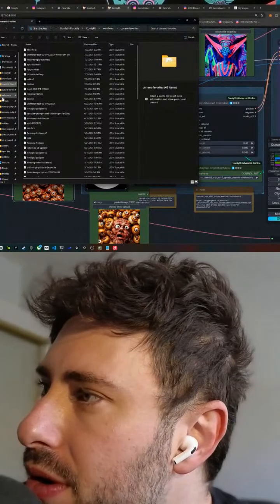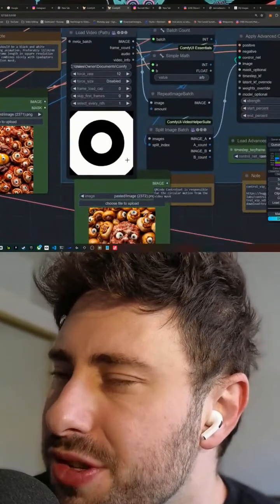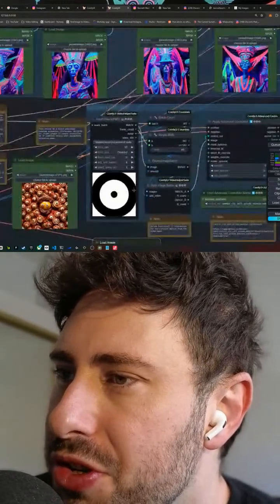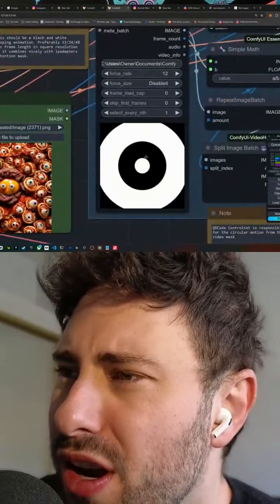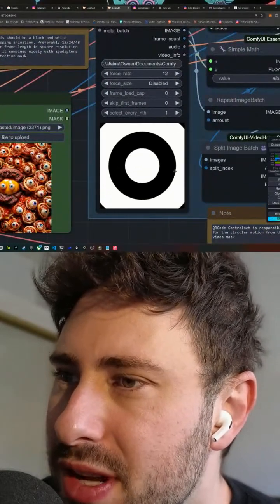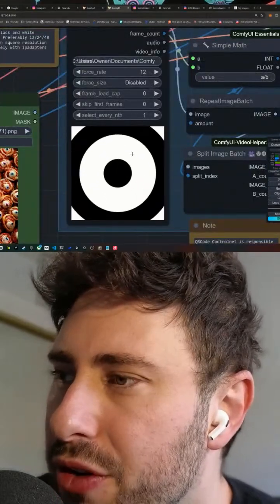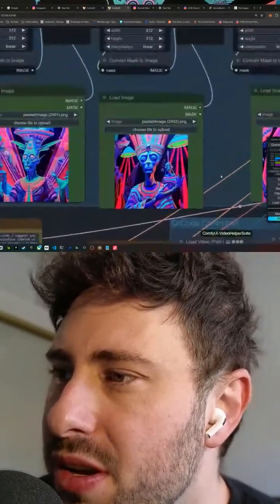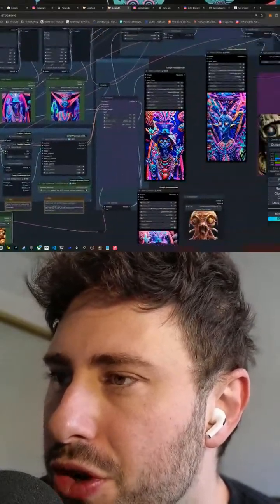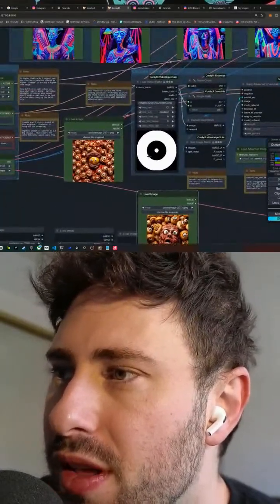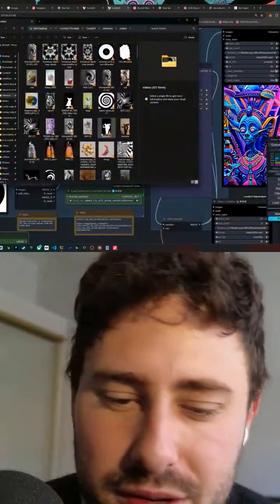So what I'm going to do also, I'm going to change up the video input, the control net right here, as you can see with the circles. What this is doing, if you can surmise from the results over here, is it's basically reading the contours of this video, like the lines, the depth, depending on how you want to attack it. It grabs that information and mashes it together with your images. And the result is kind of a combination. So the idea is like circle plus images. But I'm not going to use the circle today. I'm going to use something else.